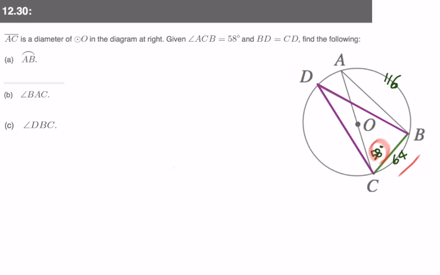How do you find the angle BAC? It will be half of 64, which will be 32 degrees. Now, how about